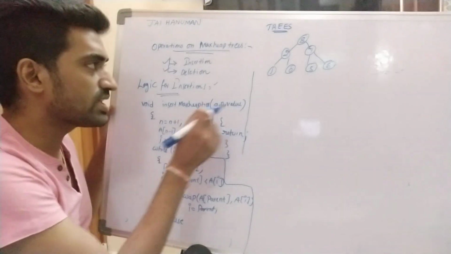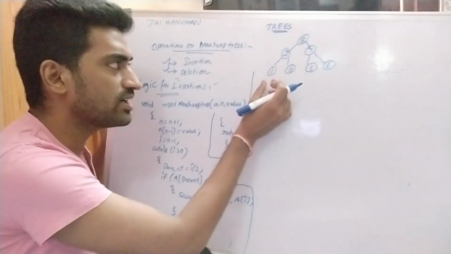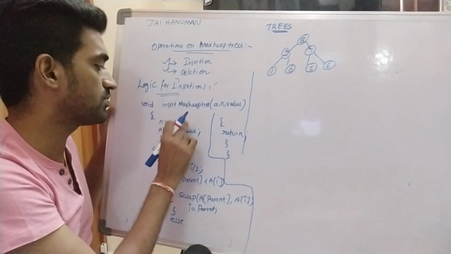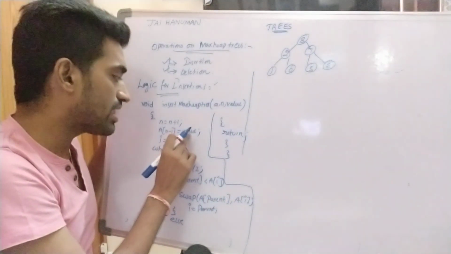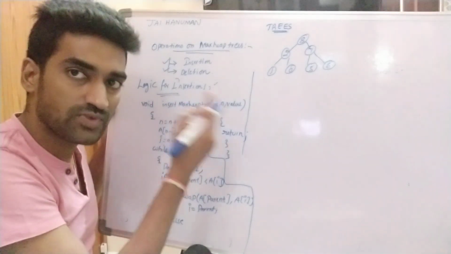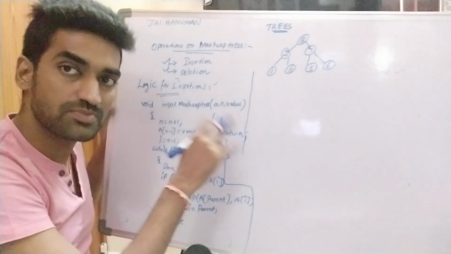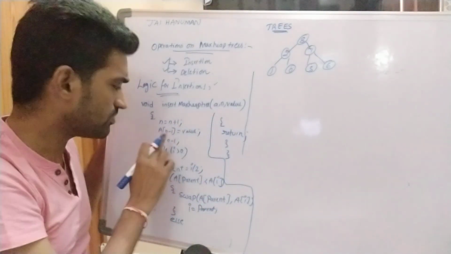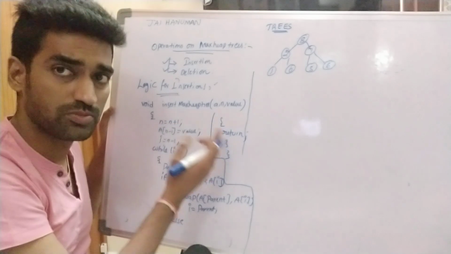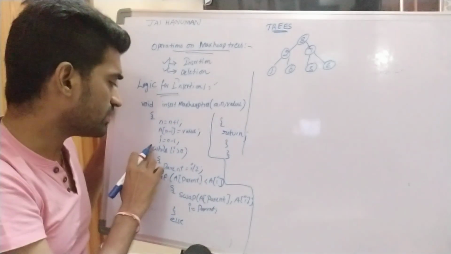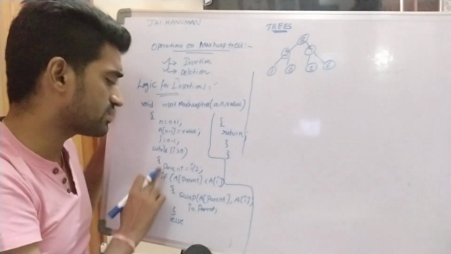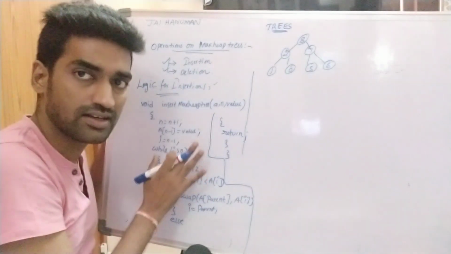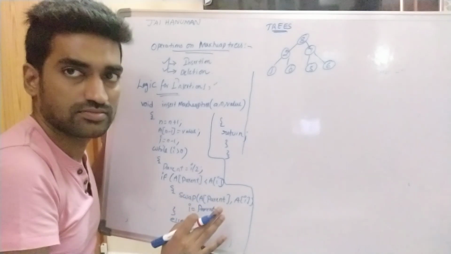Once we insert an element into the tree, obviously the array size is increased, so n is equal to n plus 1. The inserted value is stored at which position? At the n minus 1 position. Why? Because array index starts from the 0th position. Then i is set to n minus 1. Then we check this condition: while i is greater than 0, we follow these steps, otherwise we return the result. This is the simple logic for the insertion operation.